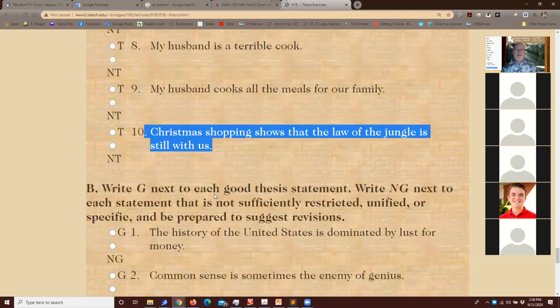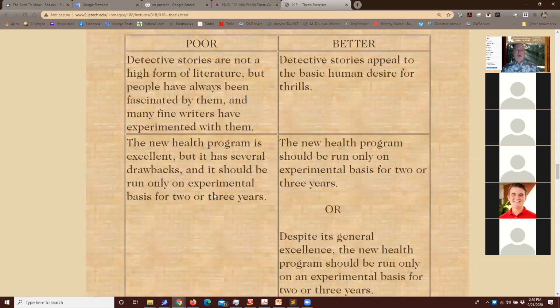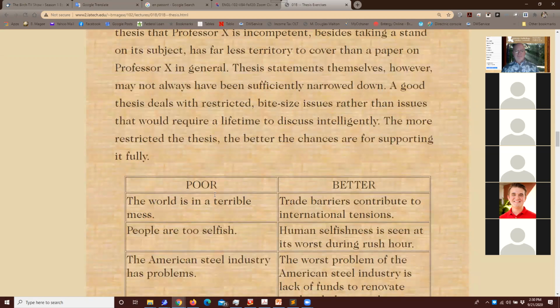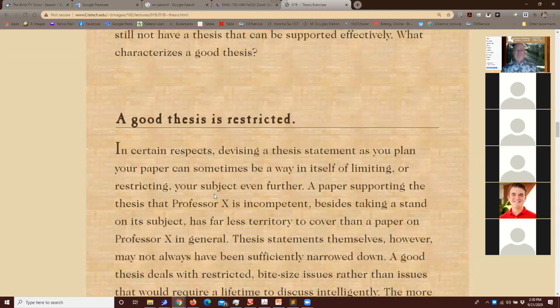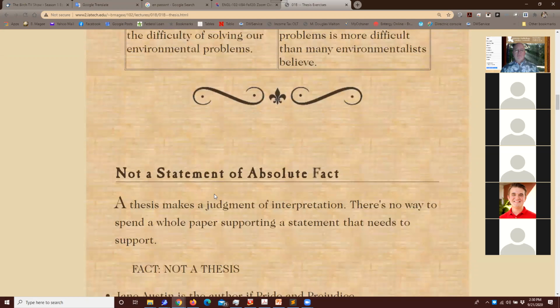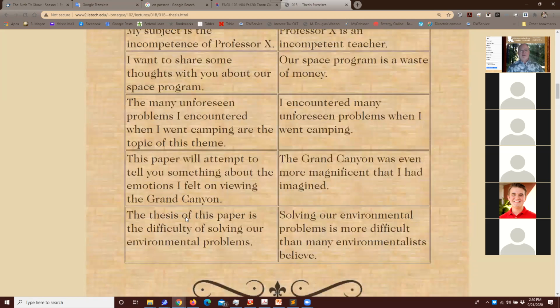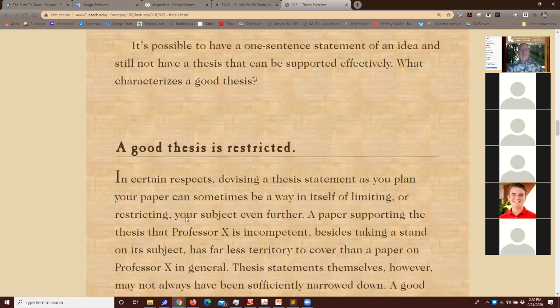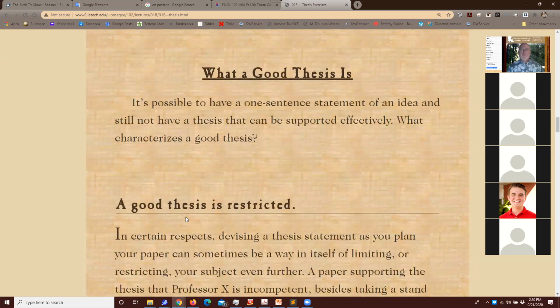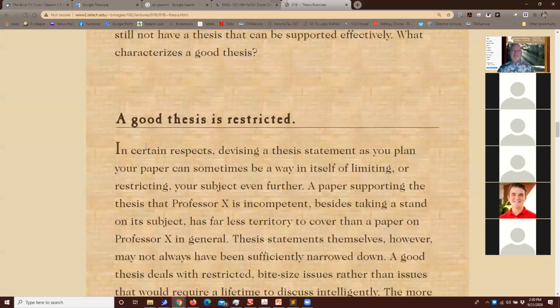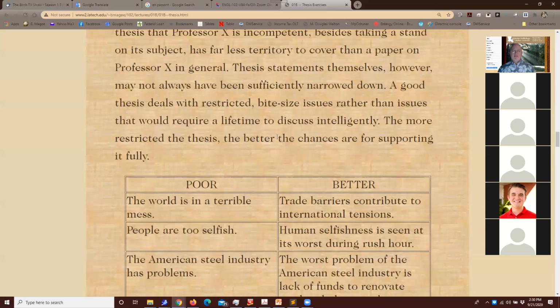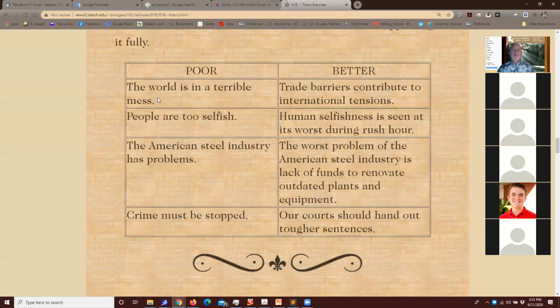All right, now let's look at the second set. Different set of criteria because a thesis is like a pencil, and pencils usually come to us dull and we have to sharpen them up. And normally with one of your thesis statements, they start out dull and we have to sharpen them up. So let's go over this. A good thesis is restricted. It talks about the subject, even if it's a broad subject, in a narrow way.